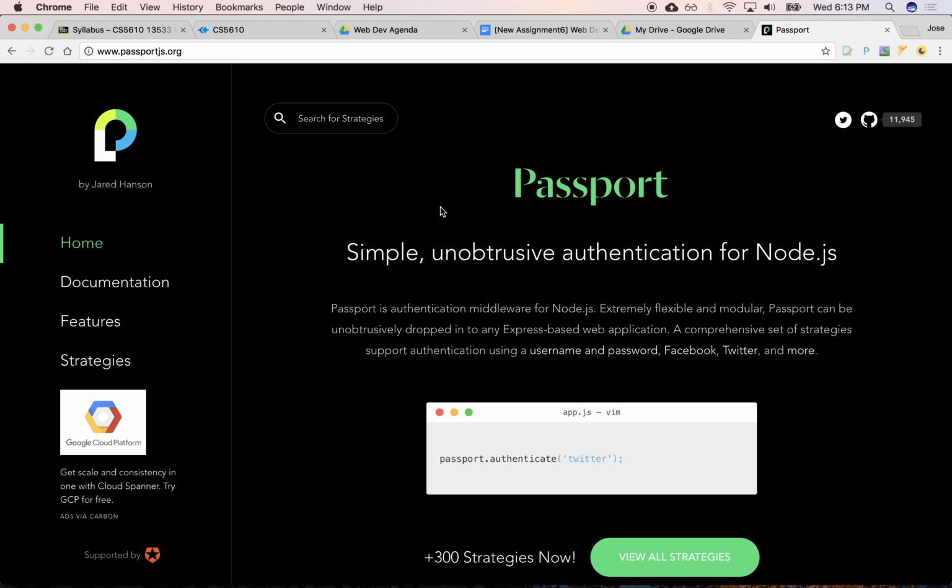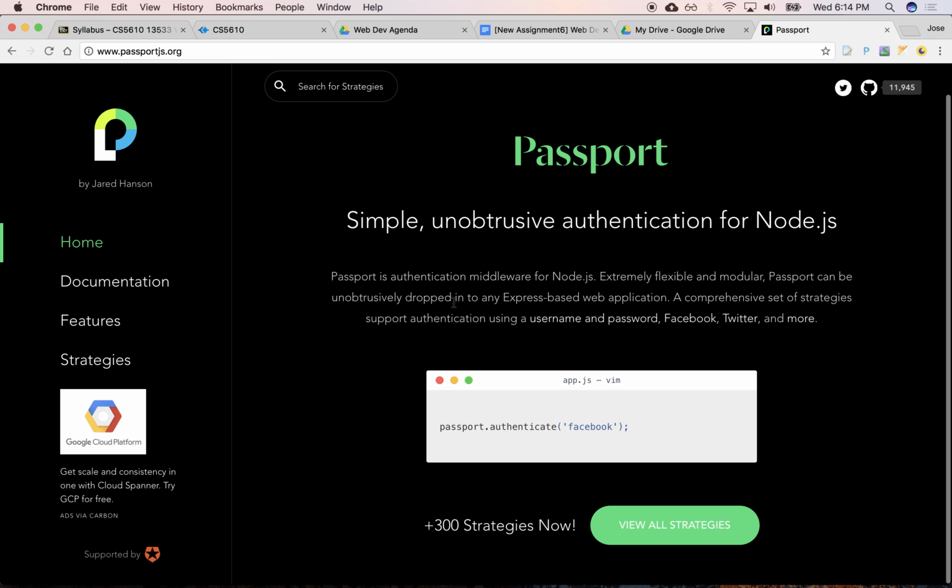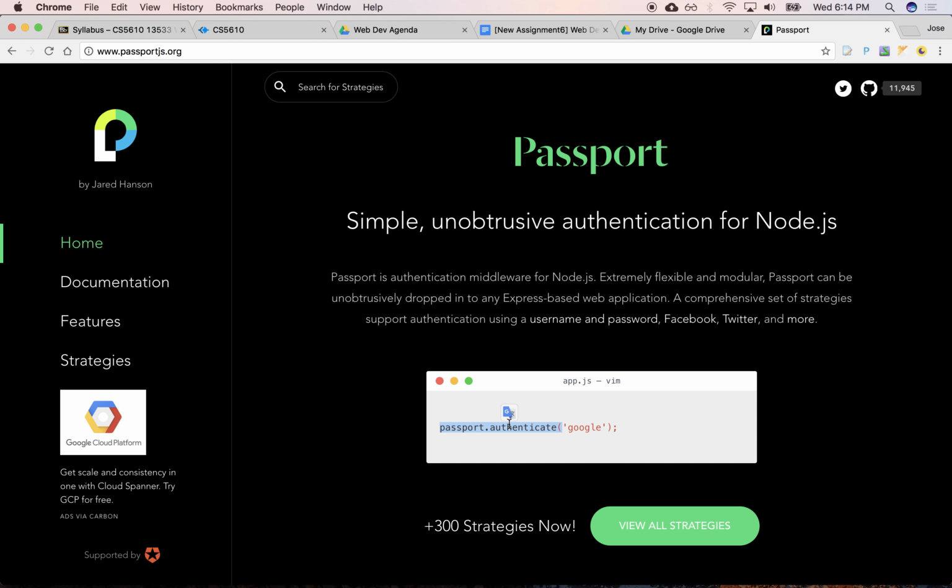Passport.js for implementing our security strategies. Okay? So Passport.js is a Node.js library that tries to create a single API that gives you a high-level encapsulation and an abstraction over the various strategies that we can use to authenticate, right? To authorize folks to use our application, and they tout themselves as making it very simple to connect to any